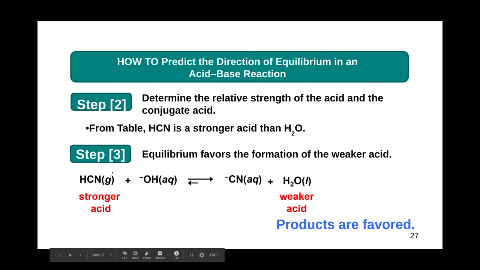Thus, from what we know, if you have a stronger acid on this side versus this side, we know that the products will be favored over the reactants. Again, just because this acid is stronger than this acid, that's all. So whichever side has a stronger acid, it pushes it to the opposite side in terms of equilibrium. And we denote that with the larger size arrows. Conceptually speaking, if I have 10 of these, I'm going to have 20 of these. That's just putting in terms of straight numbers what these slightly unequal arrow sizes actually mean.